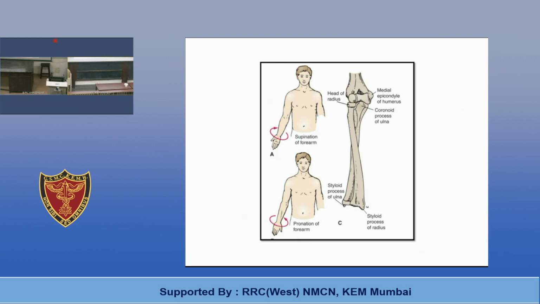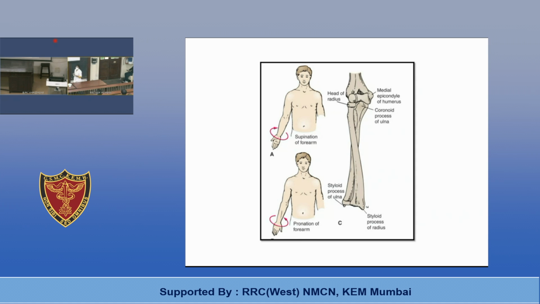So, how will you demonstrate supination and pronation of the forearm and medial and lateral rotation of the shoulder joint? I can perform this movement and say this is medial and lateral rotation of the shoulder joint. Am I wrong? I can feel my humeral head rotating within the glenoid fossa. So this is medial rotation and this is lateral rotation. With pronation there is medial rotation of the shoulder joint, and with supination there is lateral rotation at the shoulder joint and supination at the radio-ulnar joints.